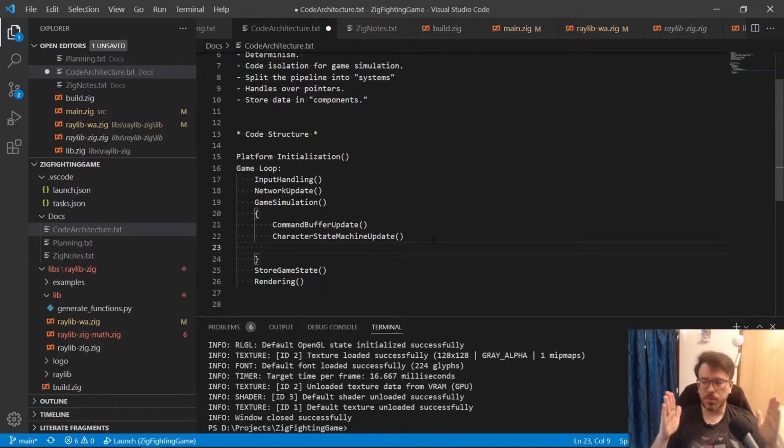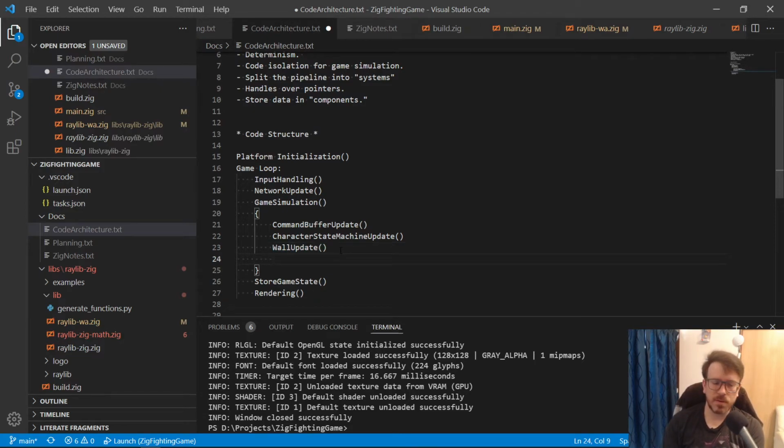The walls of the camera: if you have one player on this side, you cannot go beyond the left side of the screen in most fighting games. You can pull out potentially and not have any camera walls. That's the simplest thing to do. But for this, we'll have walls. So at some point, we'll need a wall update. The wall update will handle the camera bounds, right? Or maybe we could say a wall update for now as part of the staging.